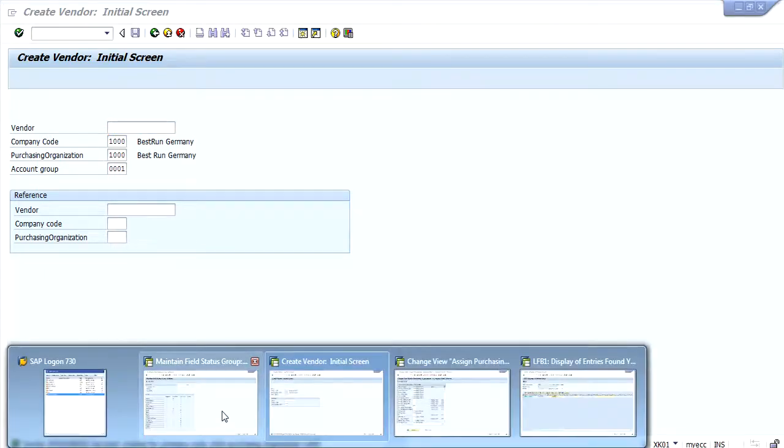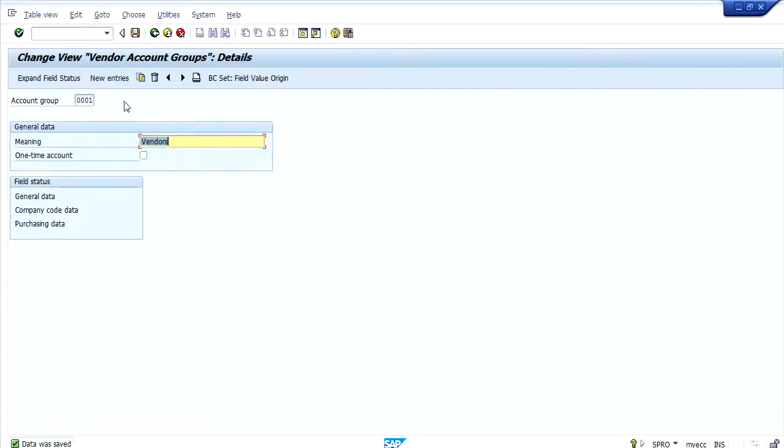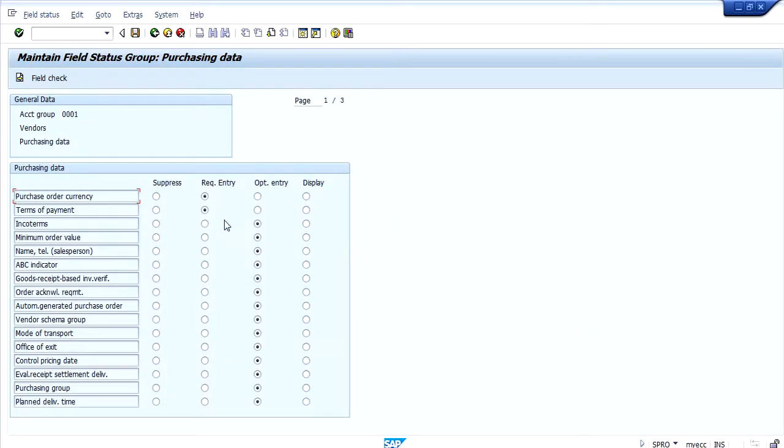So now let us change a few settings here. For me, postal code should be optional. Likewise, if I double click on purchasing data, here terms of payment is kept as required entry, which is the reason why while creating the vendor master record, the system asked to give that input as a mandatory input.